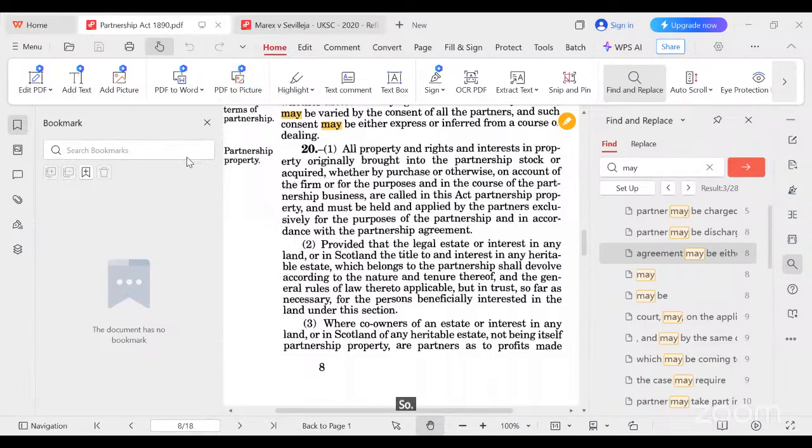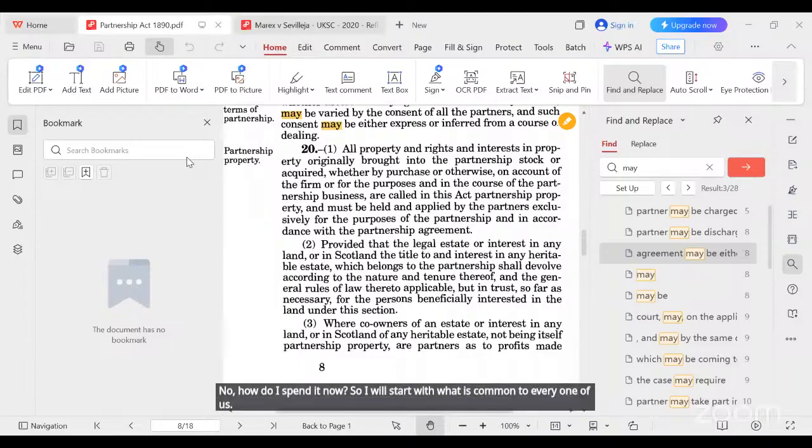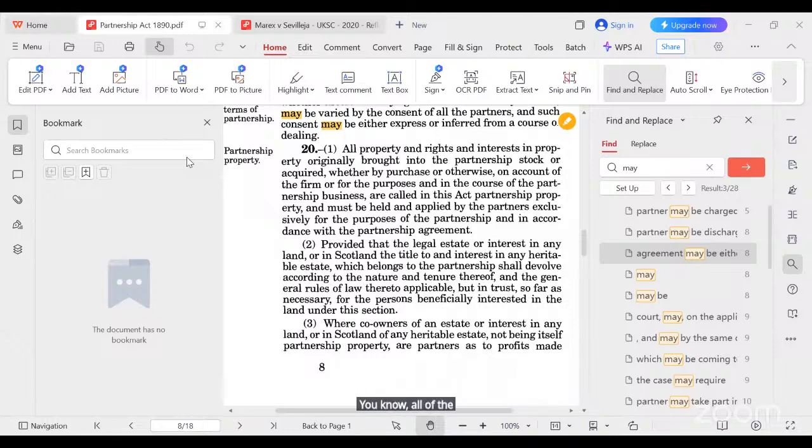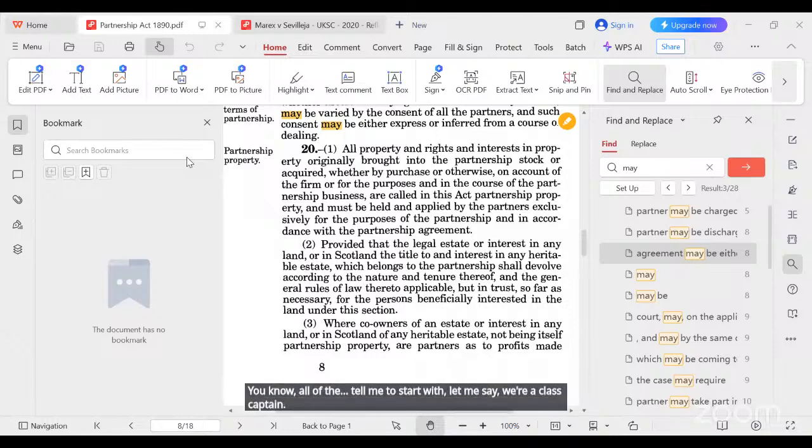So I'm back now. So default provisions. Now, how do I explain it now? So I will start with what is common to every one of us. All of the members, I mean, to start with, let me say, with a class captain, I am not too happy that